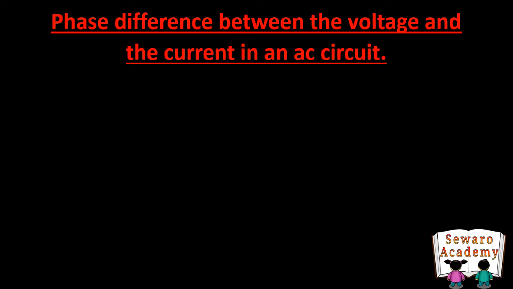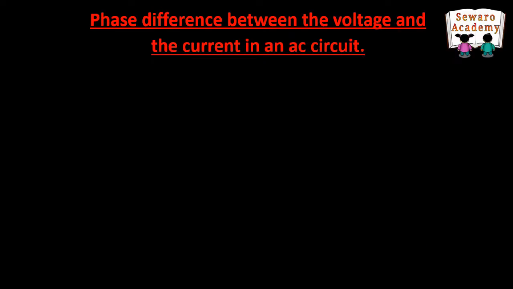Hello everyone. In part 1 we discussed AC current, AC voltage, and the analysis of the circuit containing resistors when AC voltage is supplied to it, and there we found that the phase difference between the current and the voltage is 0, as both the current and the voltage are maximum, 0, and minimum at the same time. So in this video we will discuss the phasor diagram.